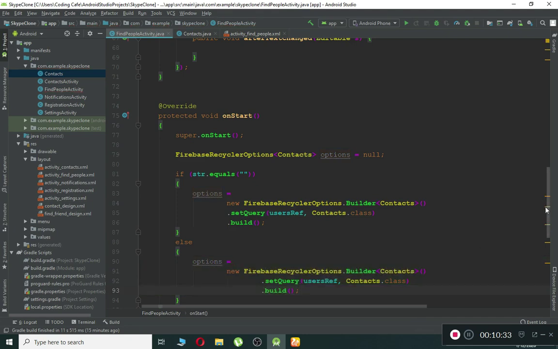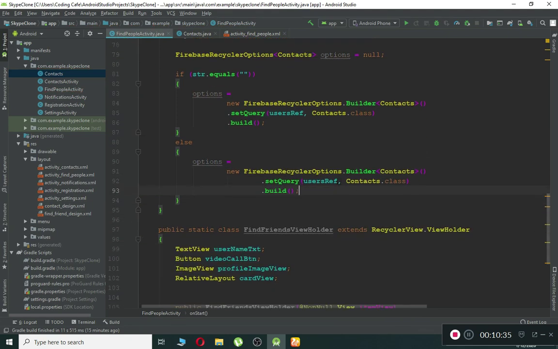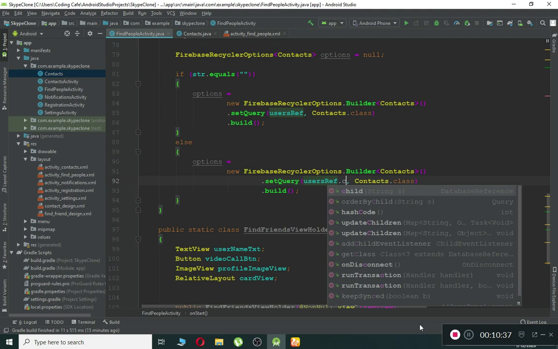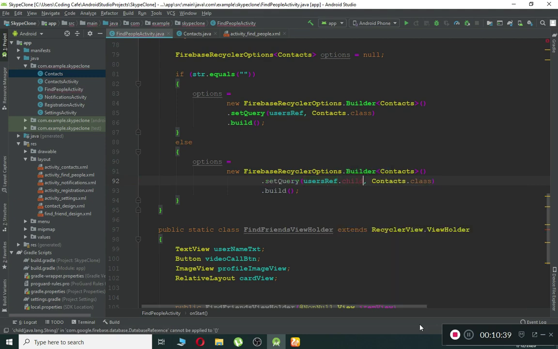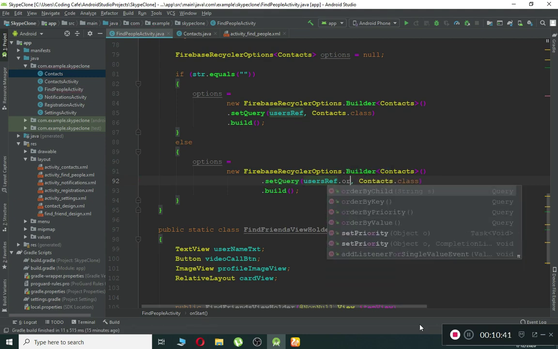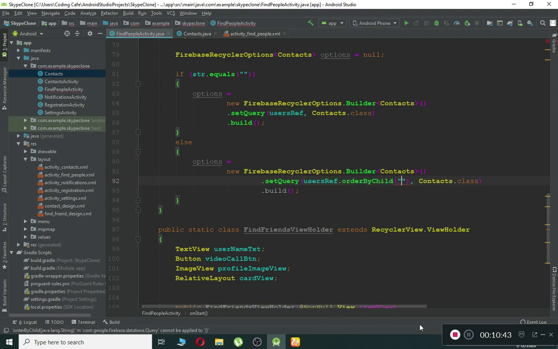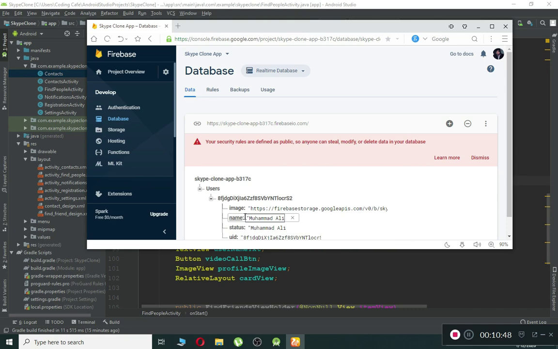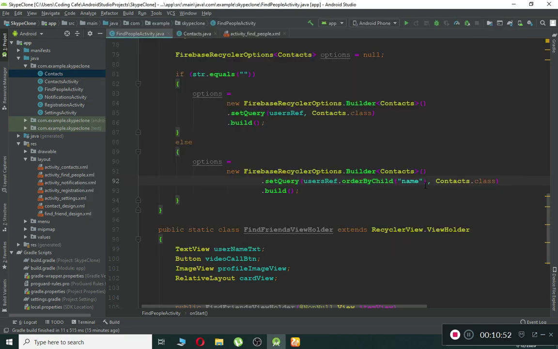Okay, and then we have to change our query. So user reference, and we are going to search by the child, order by child, and the child name is name. That is, we are performing the search on the name. Okay, and then for that order by child name, and then what we want to do is